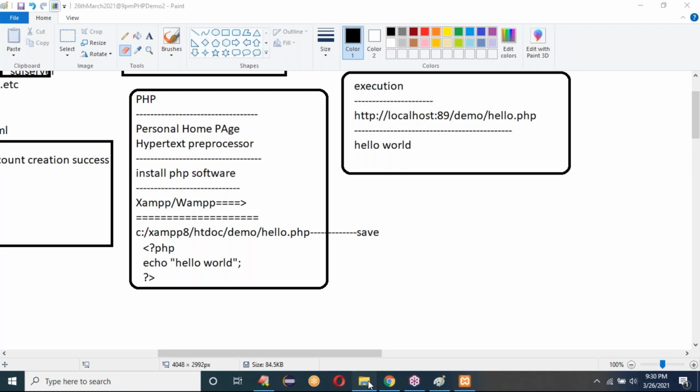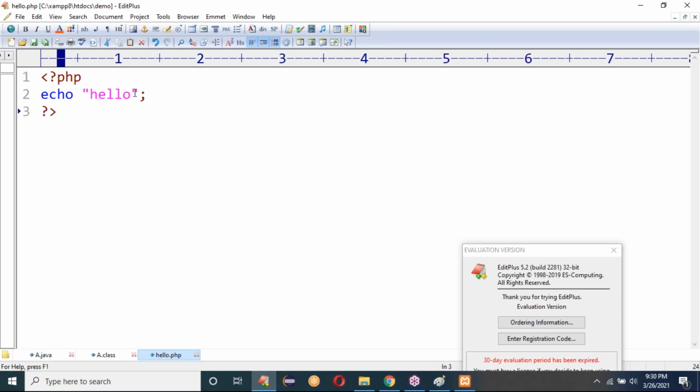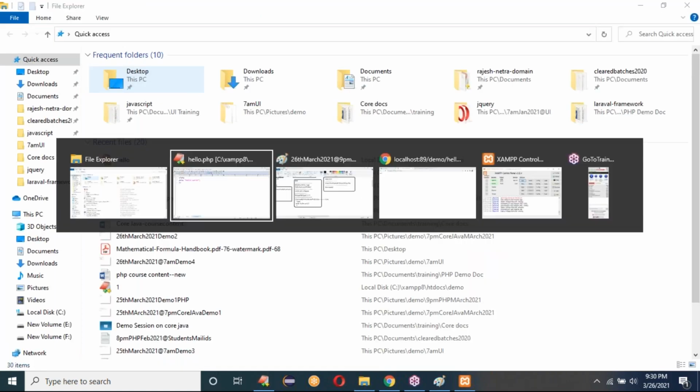So I'll show you one execution which I created. If we change the text, the output should change, right? If I execute the program and get the output as hello, and I change the text from hello to welcome to PHP, then the output also has to change. Yes, every time you have to click refresh. See, first it is hello, next hello world.